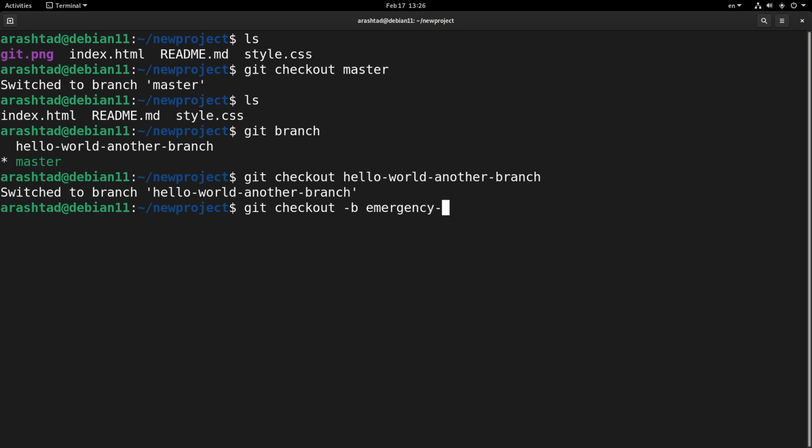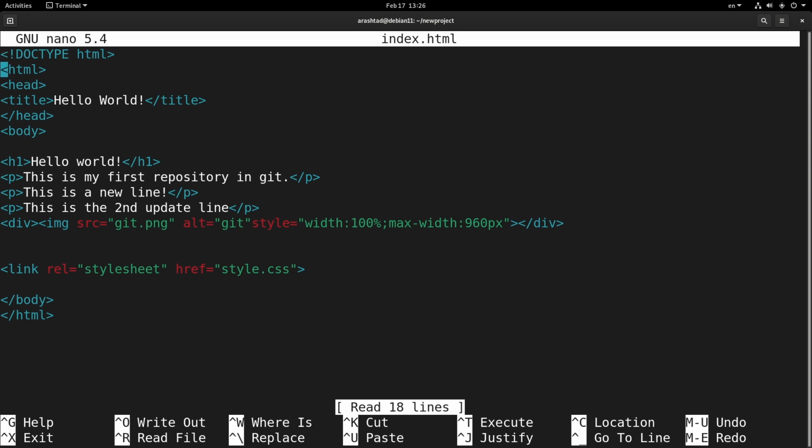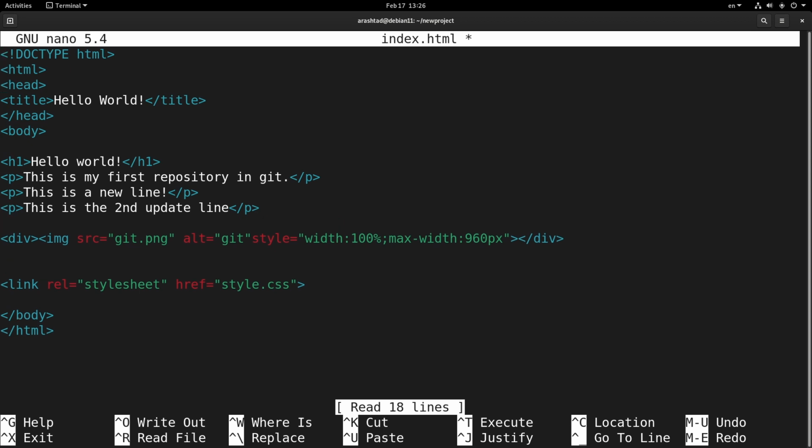emergency fix. So here we want to fix the master branch, and imagine that this is a problem, but however we don't have a problem here. So imagine that we want to add something to the index.html. So I run sudo nano index.html. You can also head over to the file and change whatever you want. So here I add another p tag, and here, for example, I write this is a fix from emergency